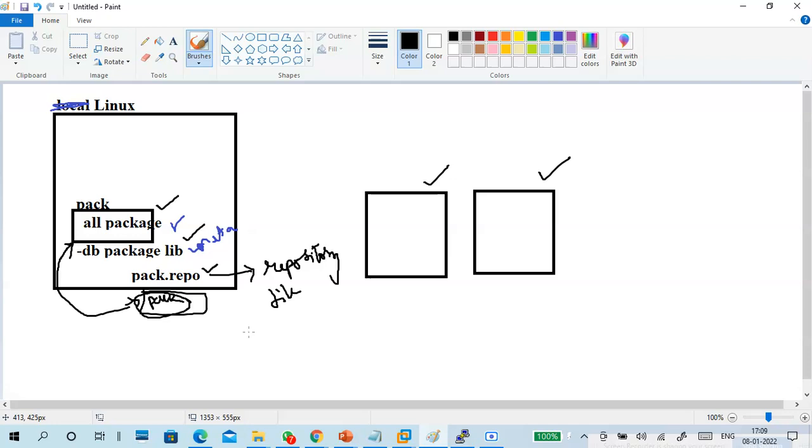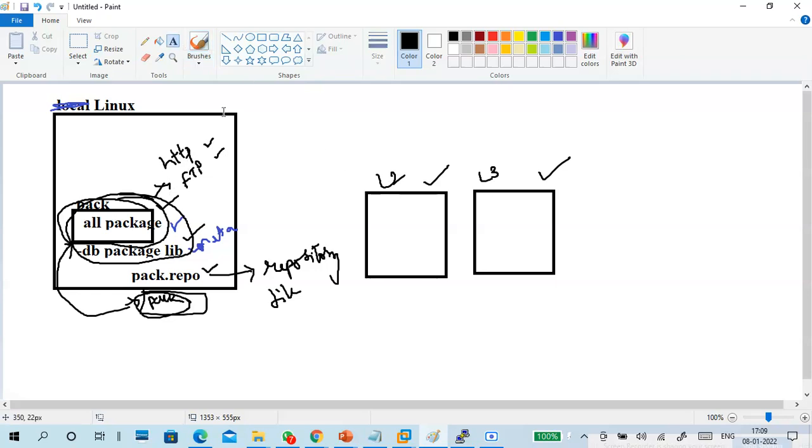So what I'm doing is I link these packages. I link this entire thing to a service, maybe an HTTP service or FTP service or NFS service, like that. I link to any network related service. And in this PC, for example, this is Linux 2, Linux 3.